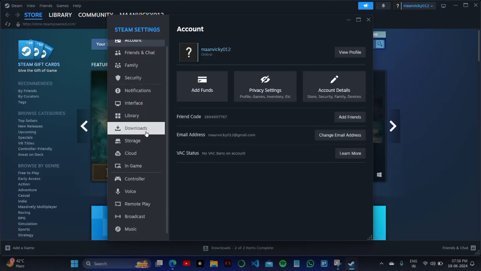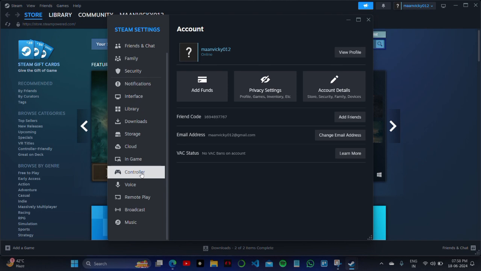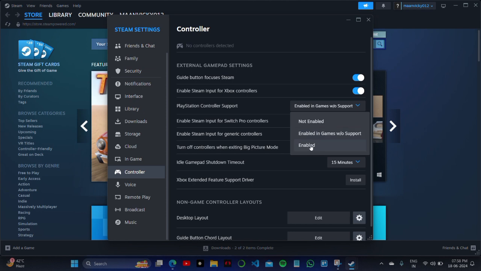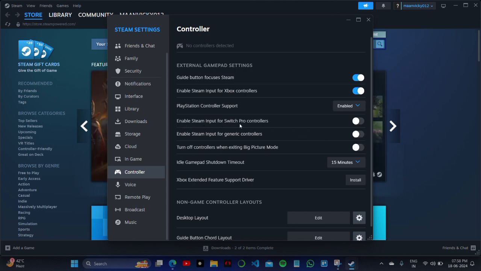You have to open the settings, and in the Steam settings menu, you have to go to the last fifth option, that is Controller. Here is an option to enable or disable many of the options or features related to the controller. You can simply edit the whole controller setting from here, like enable Steam Input for Switch Pro controllers,